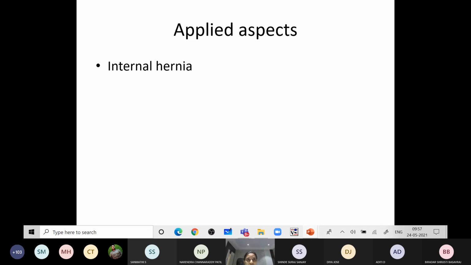The internal hernia and infection from the greater sac will go into the lesser sac, such as cholecystitis. In case of ulcers present on the posterior wall of the stomach, if they perforate, the contents of the stomach will go into the lesser sac and seal the opening, the epiploic foramen. At that time there is a collection of fluid and pus. The pus may be there in the lesser sac. Okay, that I will explain tomorrow.